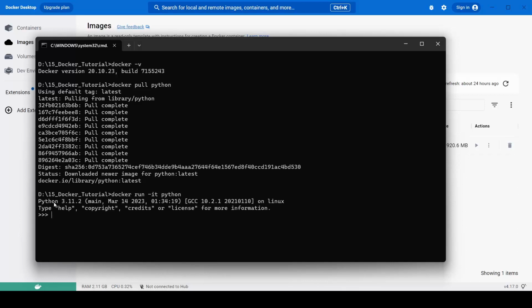Okay, so here you will see we are using 3.11.2 version, that is the latest one. If you do something like print hello, it will print. Okay, so if you want to do anything, like suppose if I do import os and print